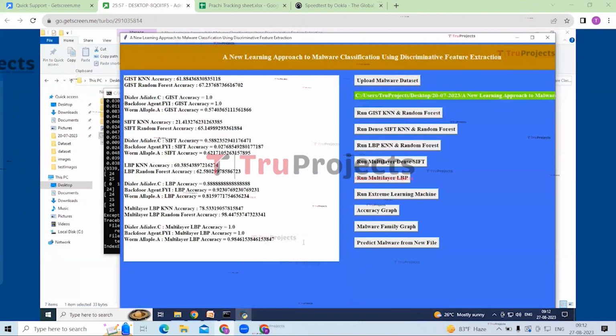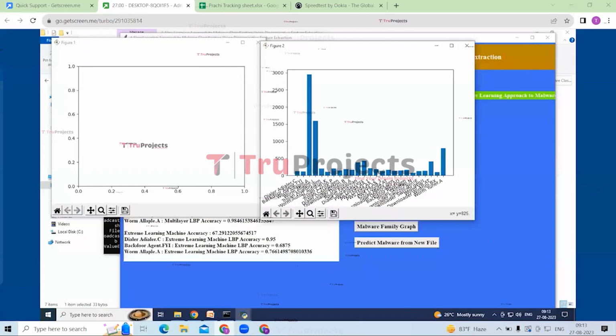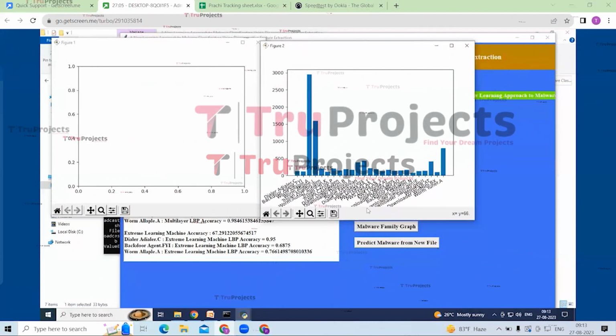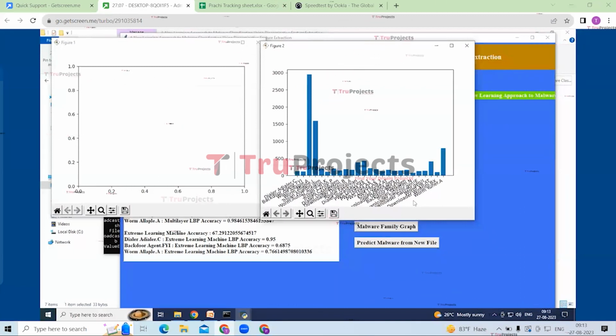So here on this screen we can see that LBP KNN got 78% accuracy and random forest got 100% accuracy, and now we have to click on the accuracy graph button to get the graph. So now here by clicking on the malware family graph, I have got this graph, and here the x-axis represents malware name and the y-axis represents the count of each malware family over here. And now by closing this graph